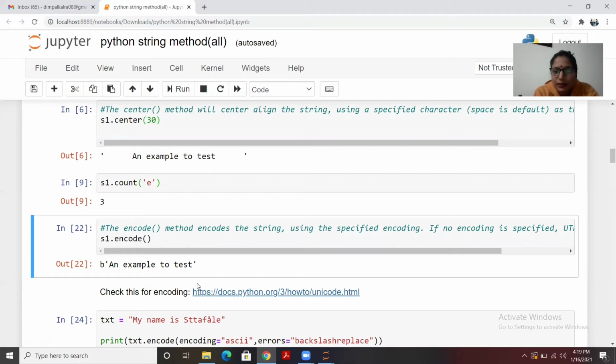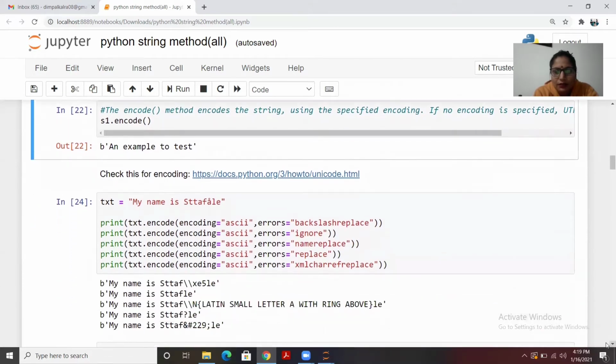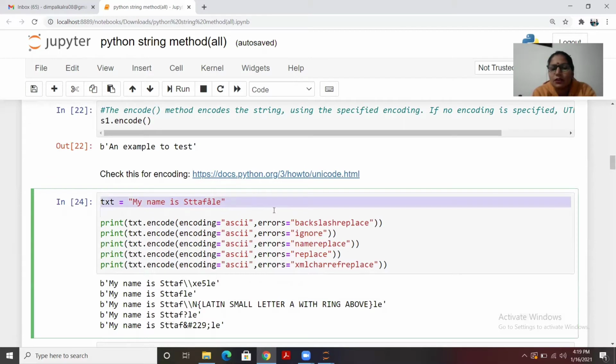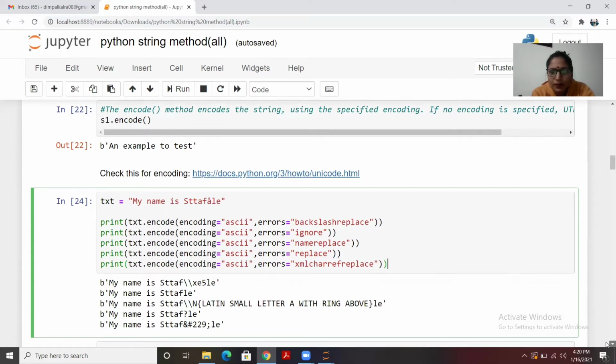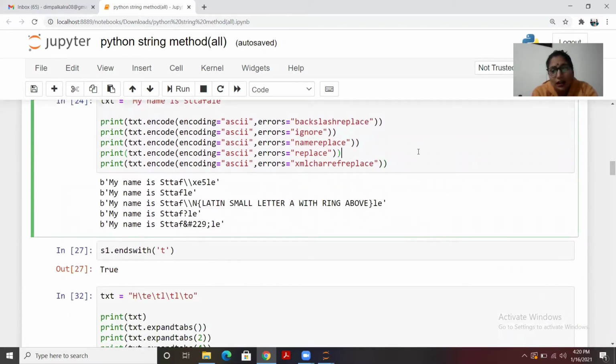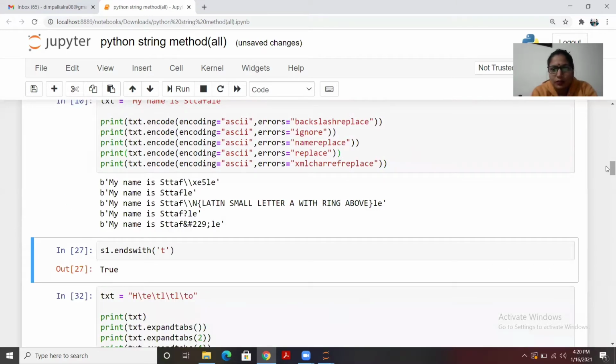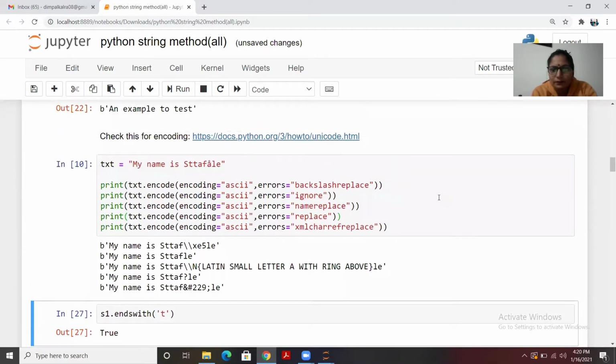So I have given certain examples just to help you understand that we have different kinds of encodings and the errors related to them. For example, you see that's a different language, it's not normal native English. So there are some accents in this. If you apply encoding, and then there are different kinds of errors, you will see output something like this. And I am using the ASCII encoding here. Here it is. I will create a separate video to explain this part in detail.